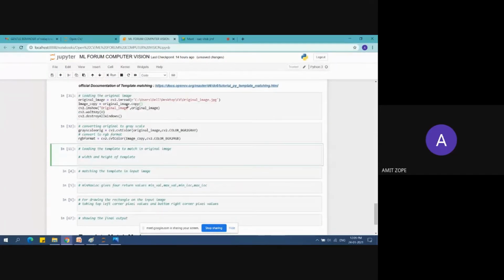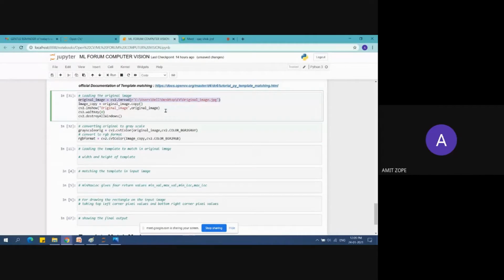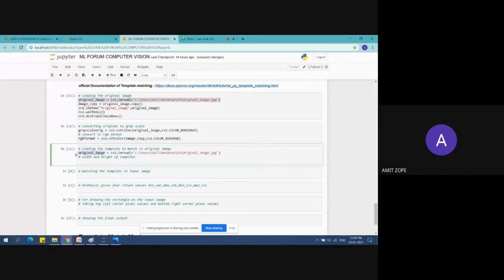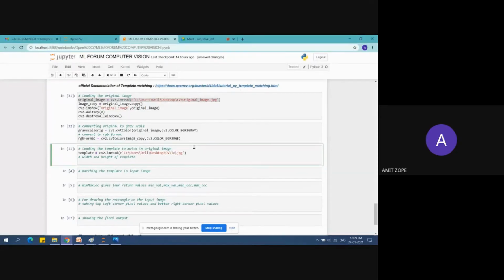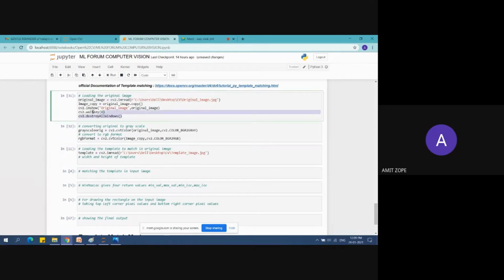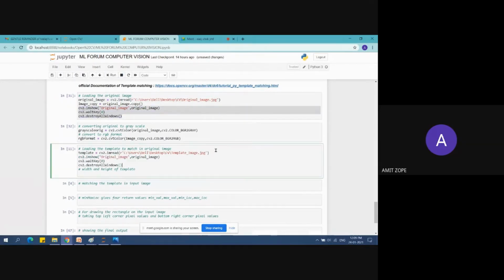Now I will load the template image. I will simply copy that image here and make it the template. The image name is template image dot jpg, and I'll show this image to you.